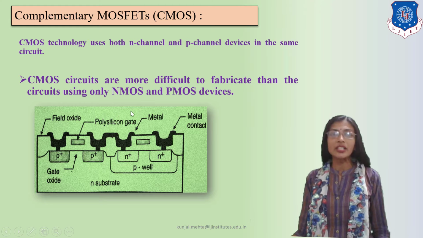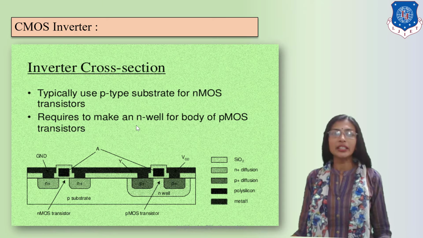So look at this, this is the construction of CMOS. It is the main substrate, that is N type of substrate, and here I have the P-well, heavily doped P plus region and N plus region are there. Metal contacts are there for the protection purpose and polysilicon gate is there. So according to the drain, gate and source terminal, it will work with the biasing batteries. So let's continue with the detailed CMOS inverter.